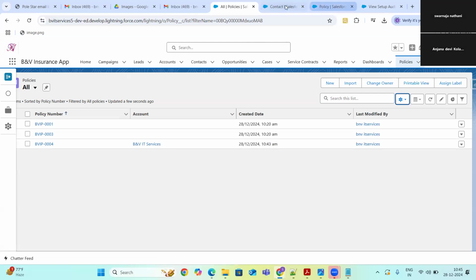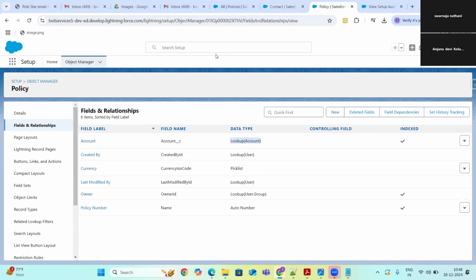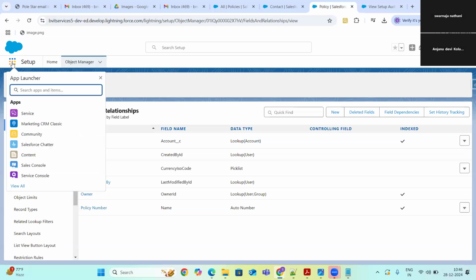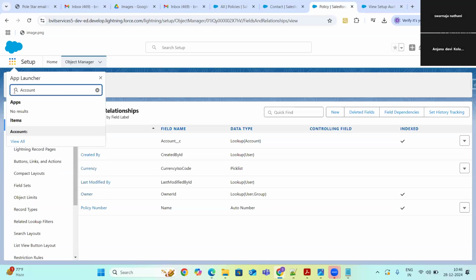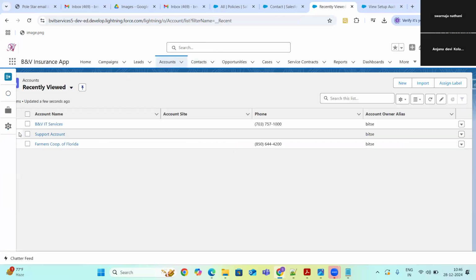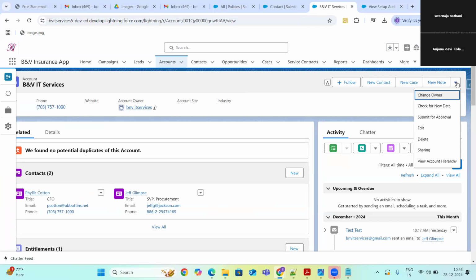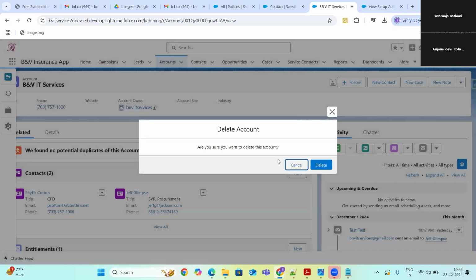So I'm going to open up accounts, go to this BNB IT services, and delete it. Are you sure you want to delete this account? Yes, delete it.